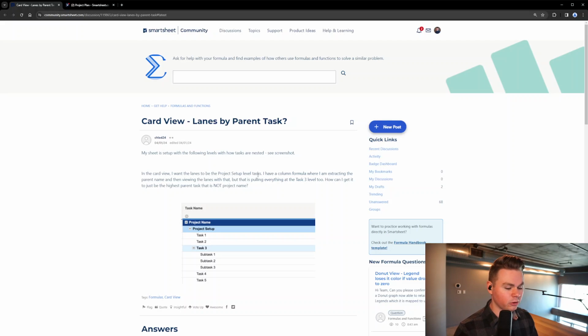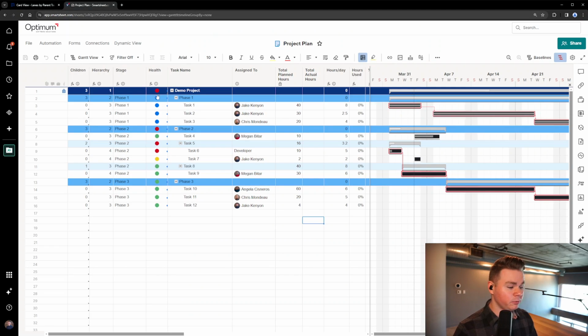The user basically wanted to automatically use a formula to show which stage or phase different tasks in the project were from. And what we did is I created a quick formula that I actually include on almost every single one of my project plans to do this, that automatically takes the name of the phase column and puts it in the stage column. We're also going to be using the children and the hierarchy columns in this demo, which are also columns that I include on every project plan with some simple column calculations in there to show different